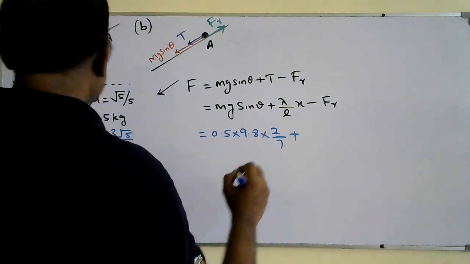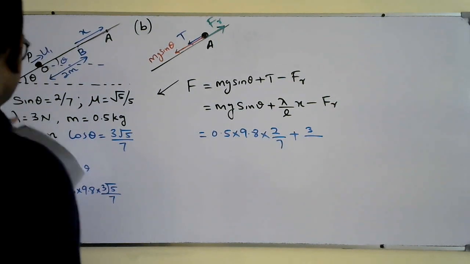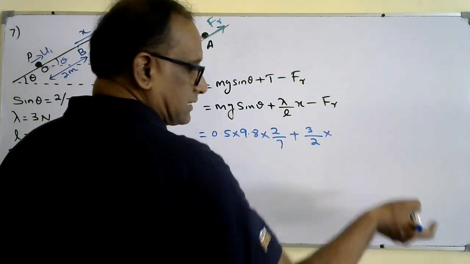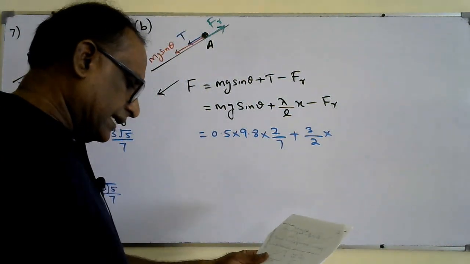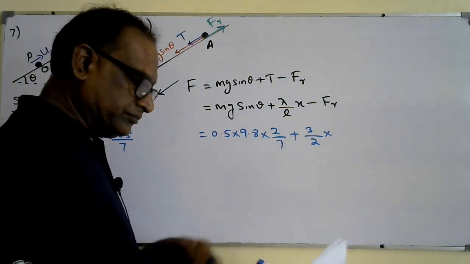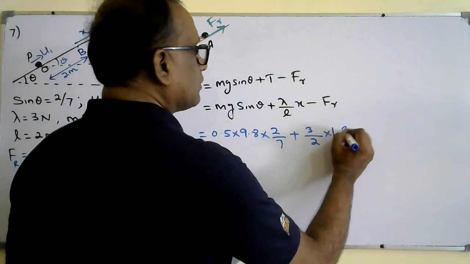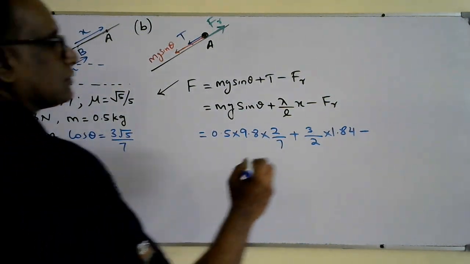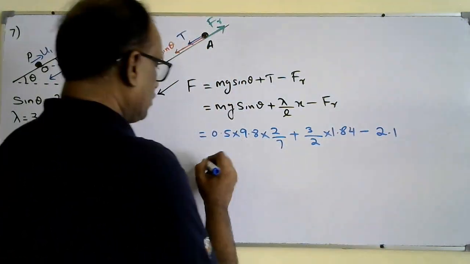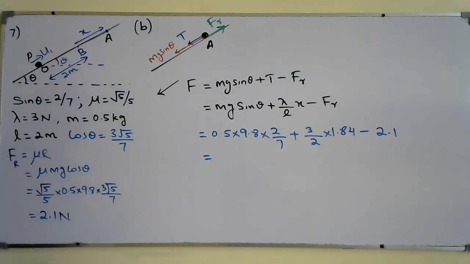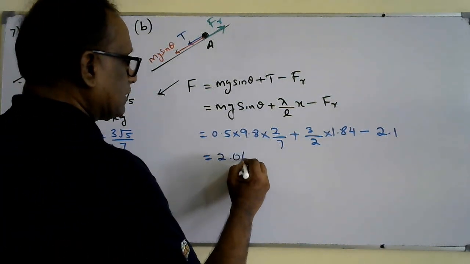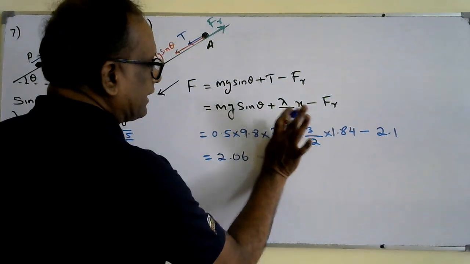Lambda we know is 3 over L, that is 2. And we found the extension just now, 1.84, I think, yeah, it's 1.84, minus friction, we already found it, 2.1. Okay, solve it. How much are you getting when you solve this? So that is 2.06 Newton, which is not equal to 0, which is greater than 0, it's a positive